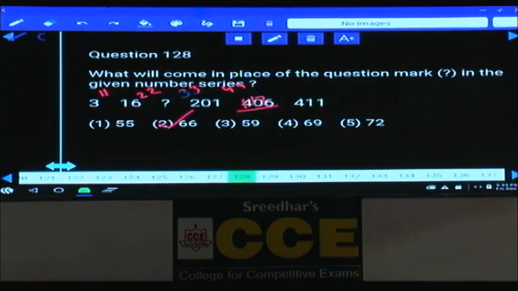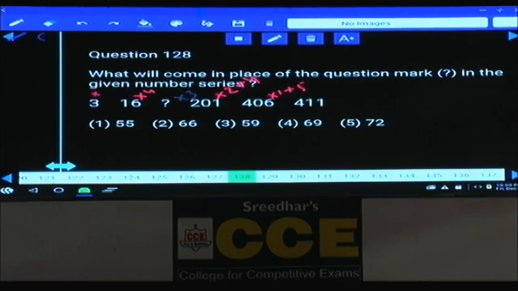Then coming to 128. Now in this 128, 406 and 411, isn't it? Here what is the relation? This is into 1 plus 5, the difference is plus 5. Now 201 and 406, how to write this one? 201 into 2. 201 into 2 ఎలా రాసుకోవచ్చు? 201 into 2, 402. 402 plus how much? 402 plus 4 into 2 plus 4 into 1, into 1, into 2, into 3, into 4, into 5 అంతే